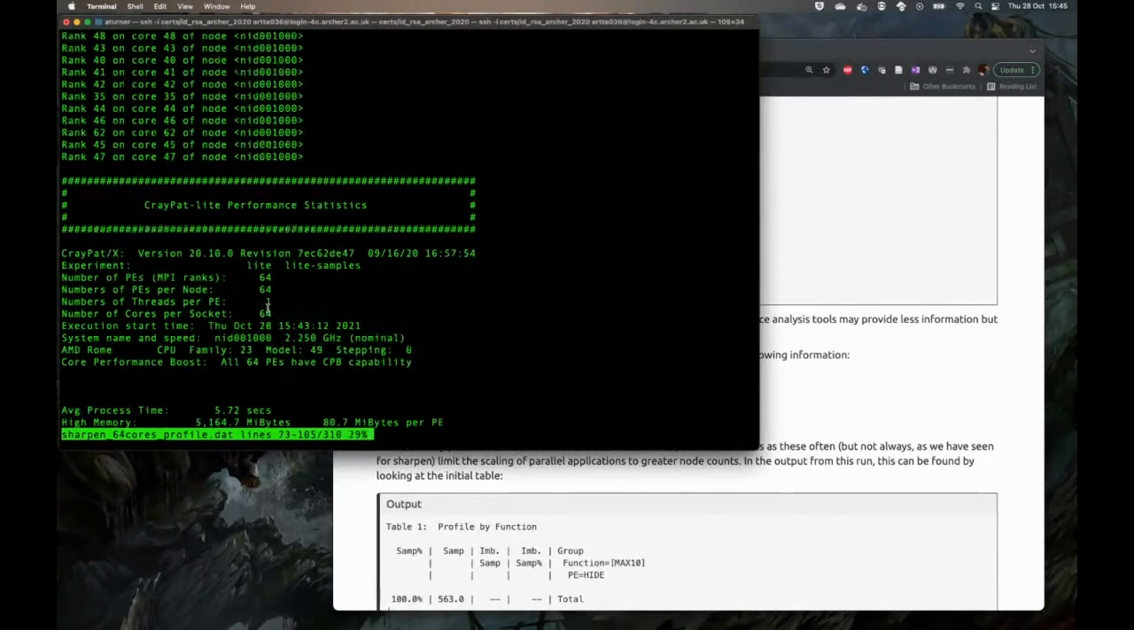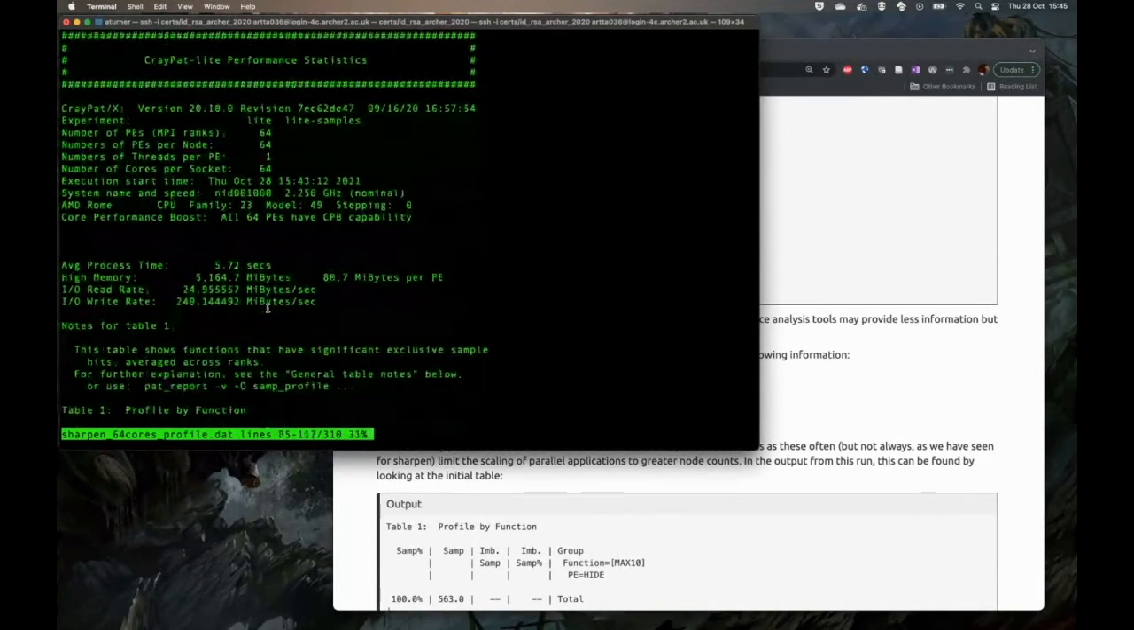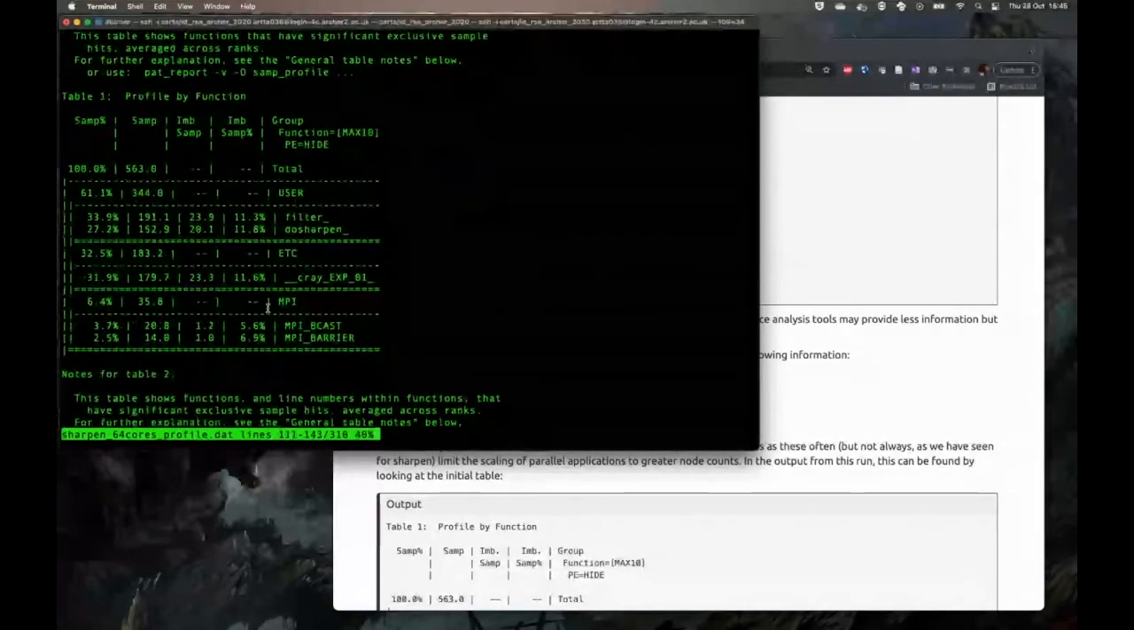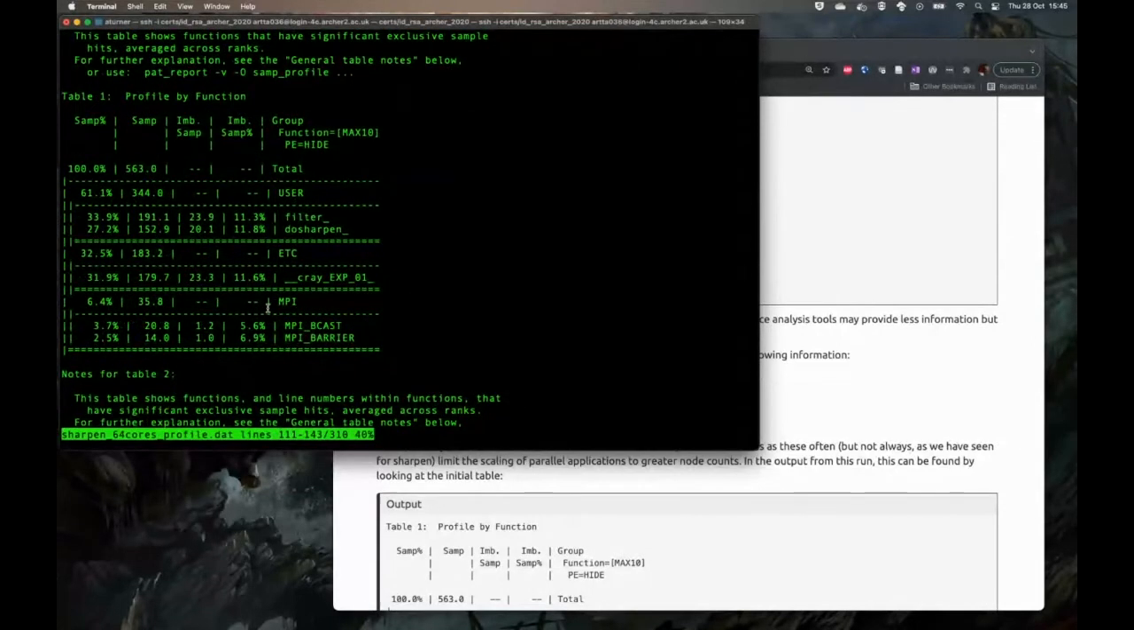So if we look through the CRAPAT Lite performance statistics and scroll down, one of the first bits you get to is this table, which says profile by function. Okay, and that shows you where the MPI time is being taken up in this calculation. Okay, so you can see that at 64 cores, only 6.4% of the total time is spent in MPI routines, and